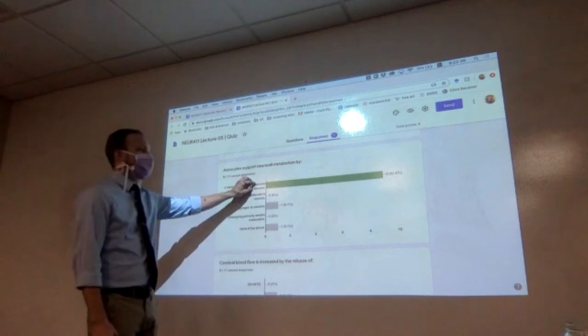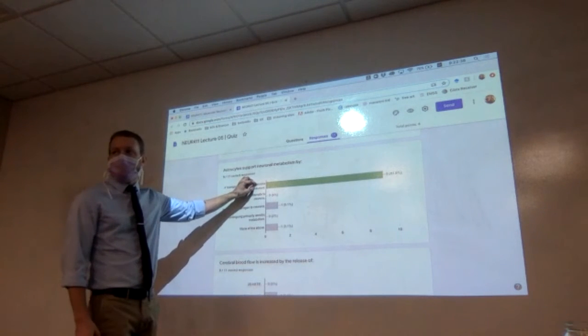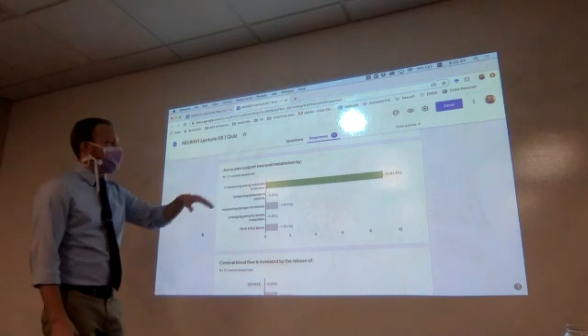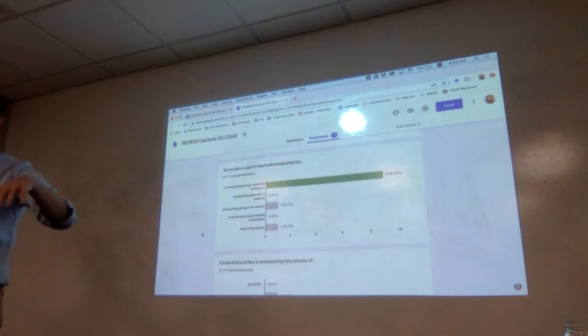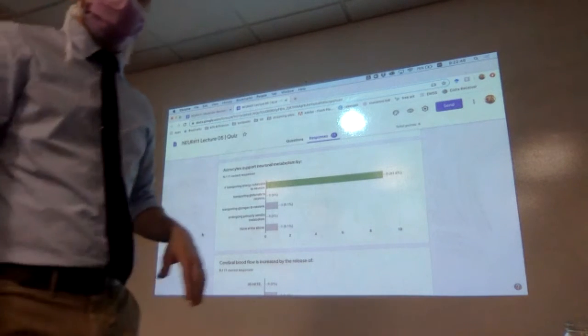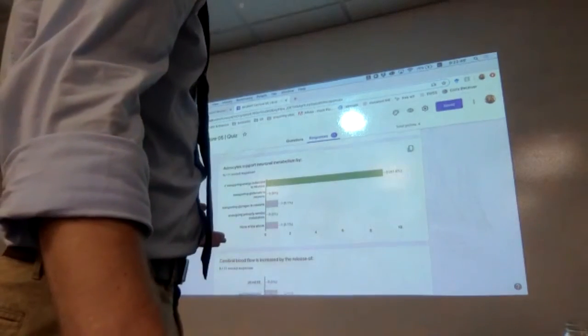But we are going to give them stuff. We have to give them stuff. Neurons aren't going to be connected to the blood supply directly. We got to give them things. They don't take care of themselves.